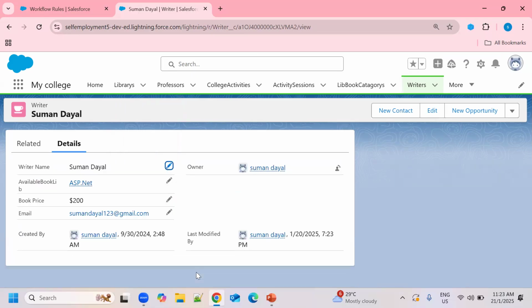Just click on Save. See, it is also updated with the same email address. In this way we can create our workflow rule to perform the action automatically.